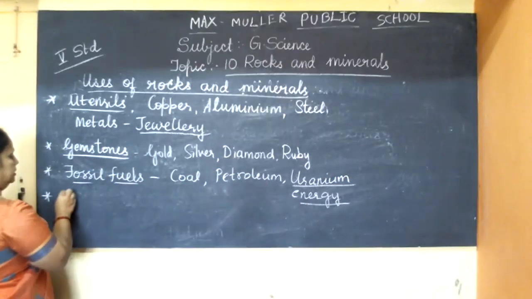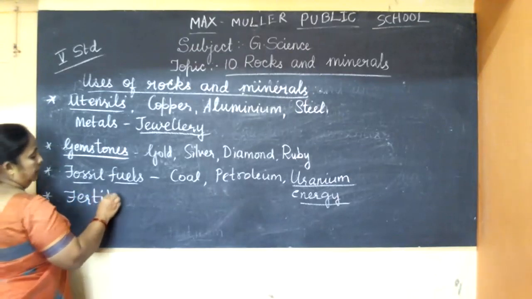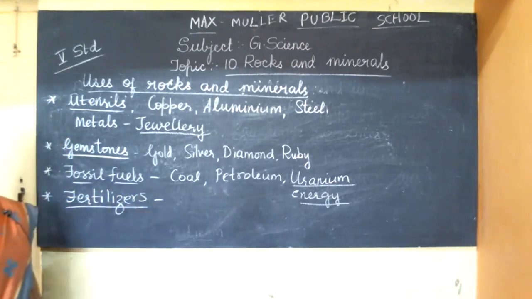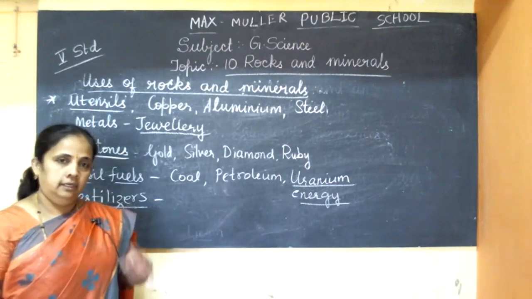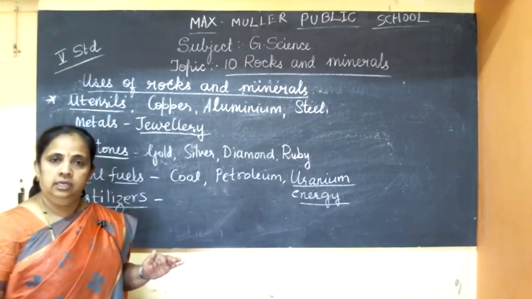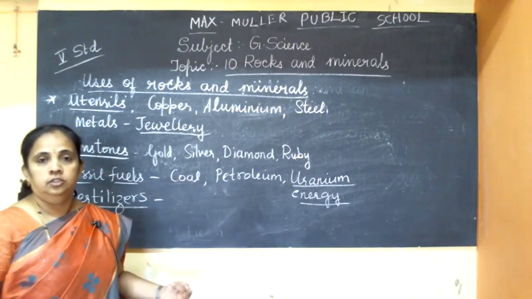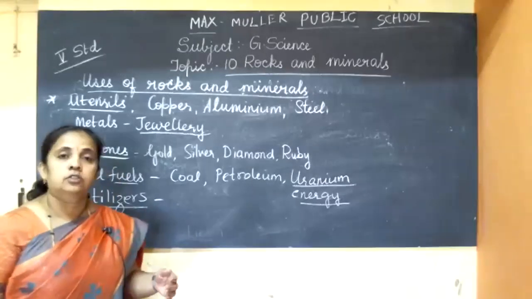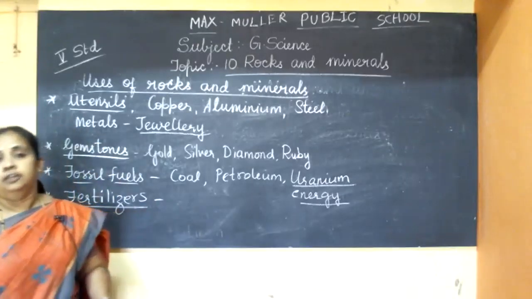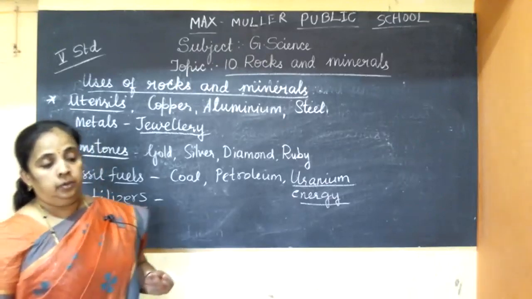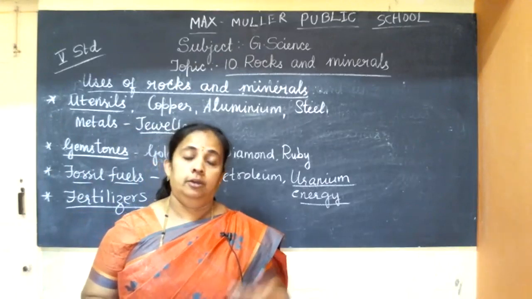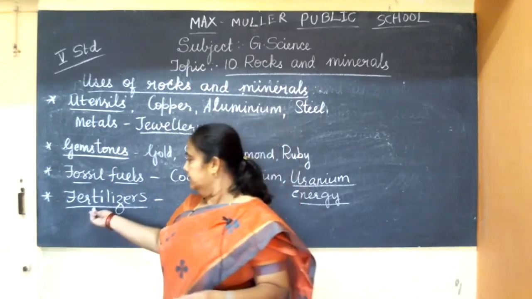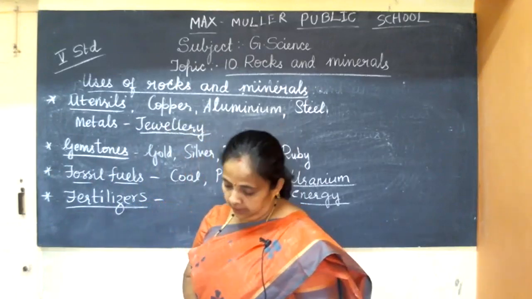Okay, and then next is fertilizers. These rocks and minerals especially are used in the form of fertilizers. So in the first lesson when I explained the steps of agriculture, I said that after the seed is sown, after irrigation, the farmer should fertilize, or he has to spray the fertilizers. He has to put the fertilizers on the field so that he can protect his field from the insects, or he can get a good yield, is it not? So there are some minerals which can be used as fertilizers also.